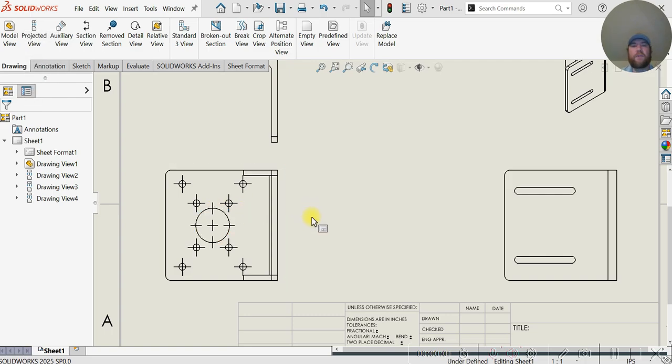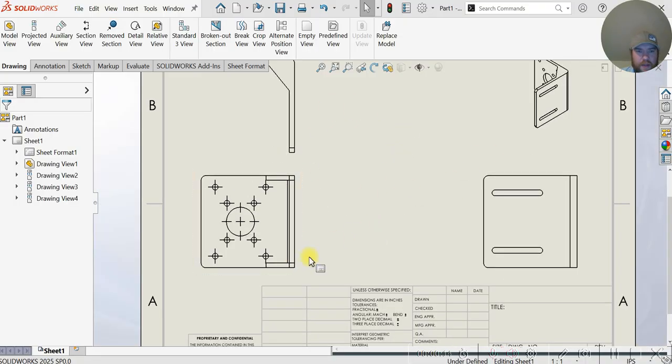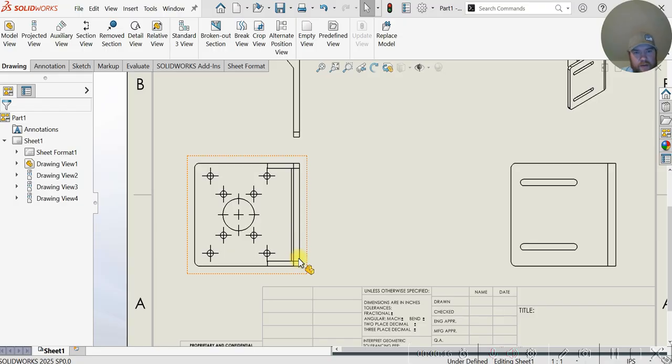In this SOLIDWORKS tutorial, I'm going to teach you how to do a broken out section view of an existing drawing view. So in this part drawing, we've got our isometric views placed. Let's say we want to call out, we want to dimension a slice of this part that we can't access in this current view. So we can do what's called a broken out section, where it automatically pulls up the